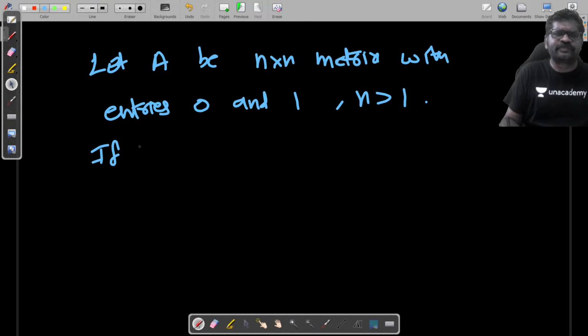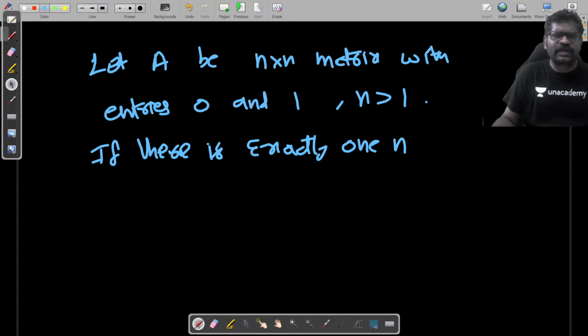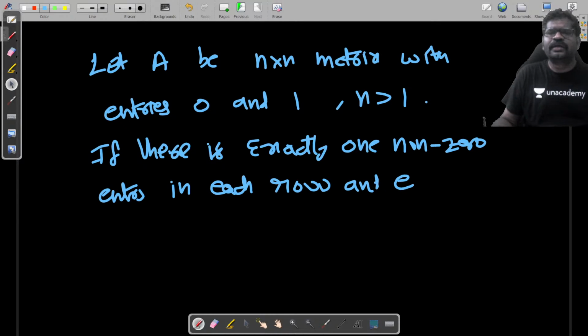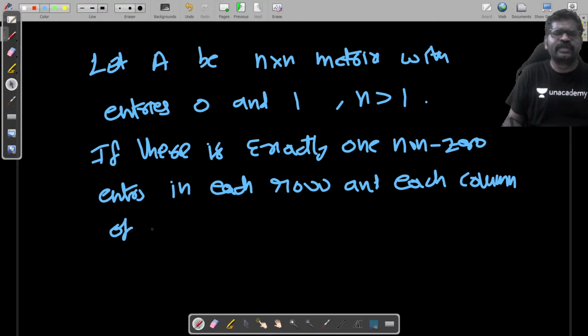If there is exactly one non-zero entry in each row and each column of A,